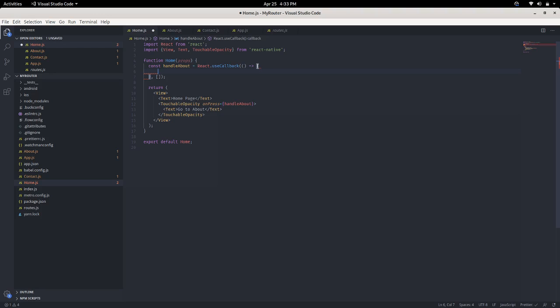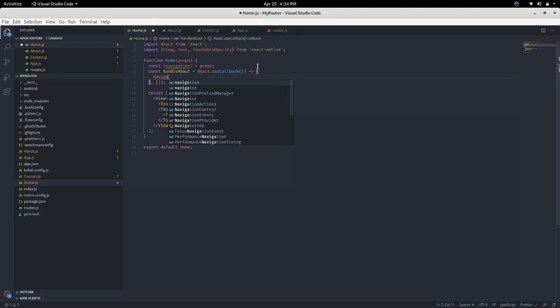Once we set up this app navigation, we will get a navigation property in the props. We can use that navigation property to redirect from one page to another, using navigation.navigate.